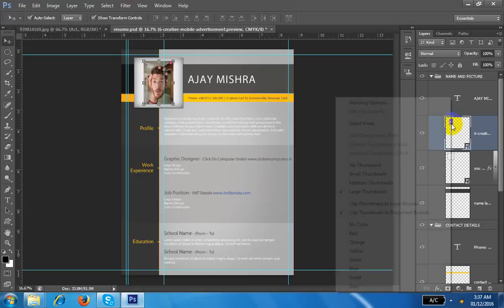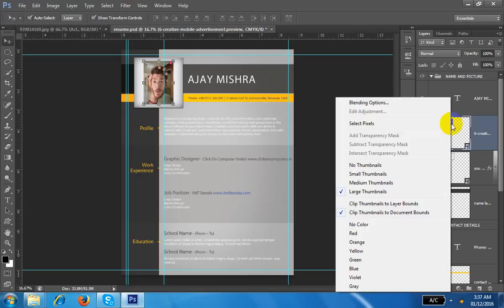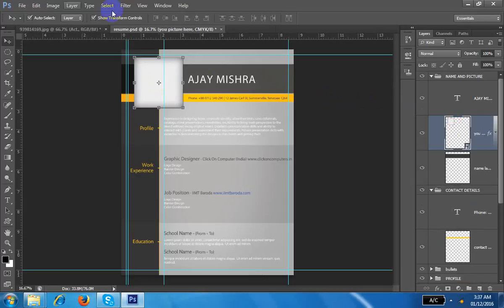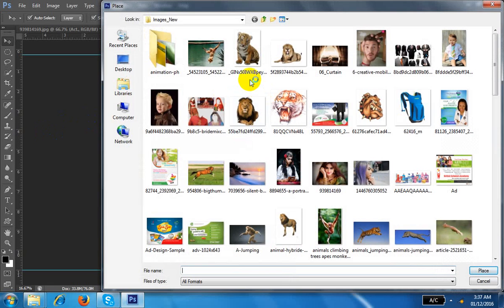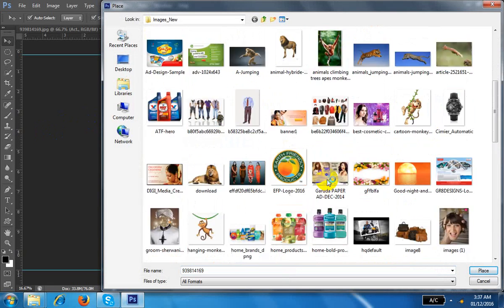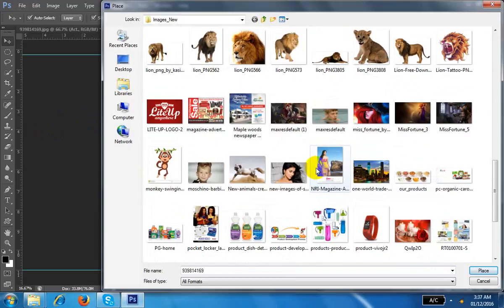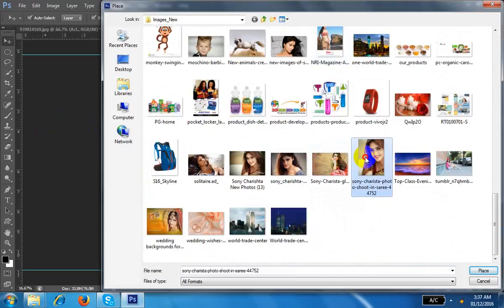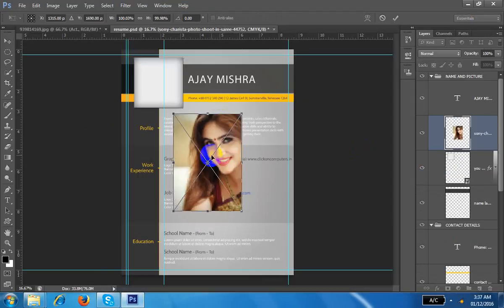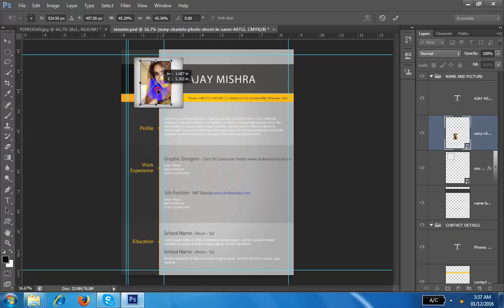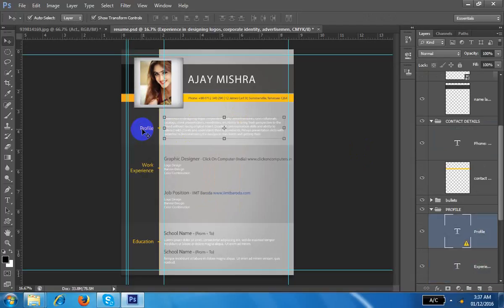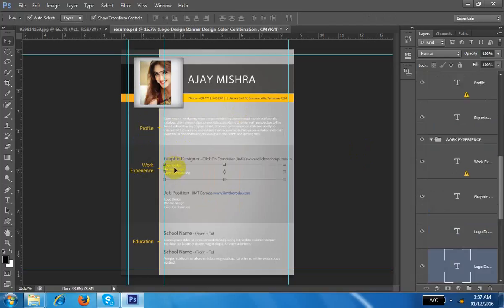So I'll give you this file, and after this you want to change this image. Is there any option to replace images in Photoshop? No problem. You can delete this file, go to the edit, and place any file here. So suppose I don't have one, this one I can place. Understand how to do it, and you have to work the same way on portfolio and work experience.